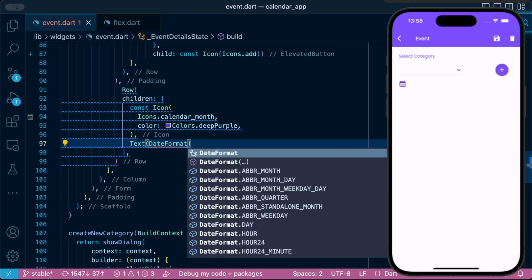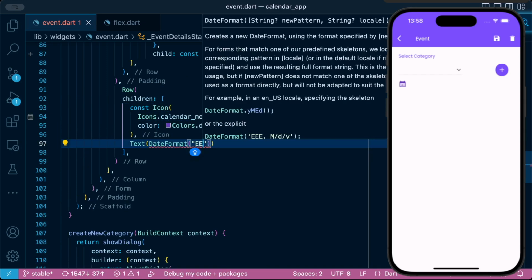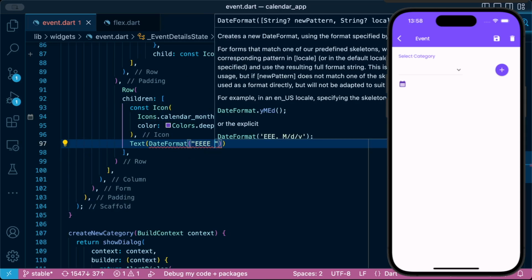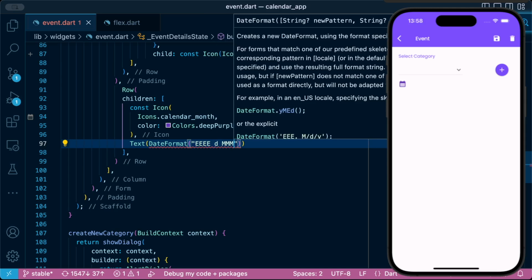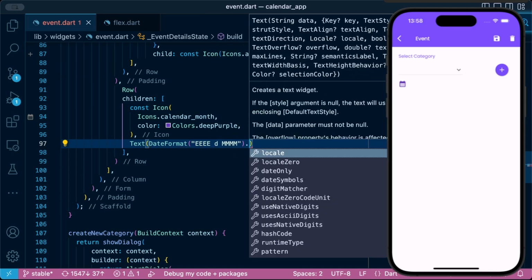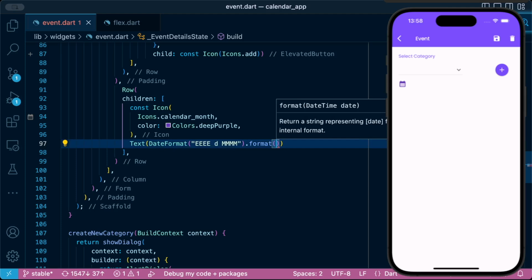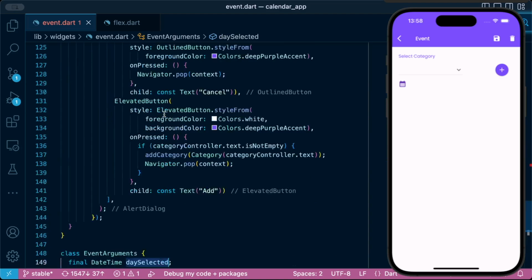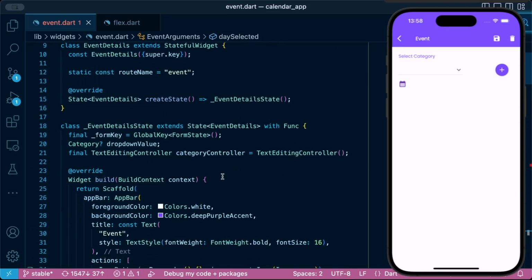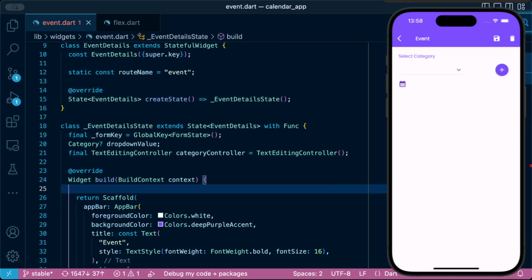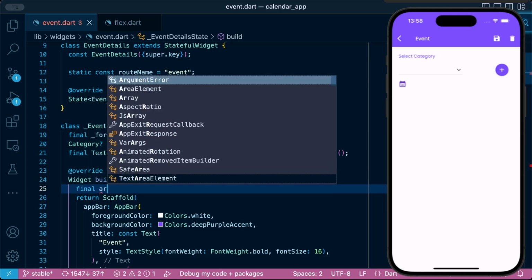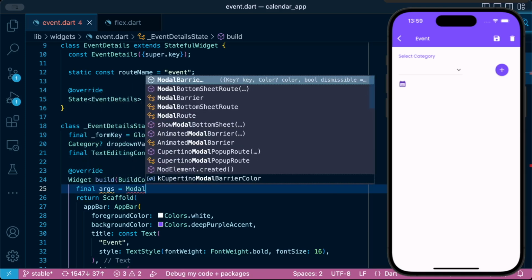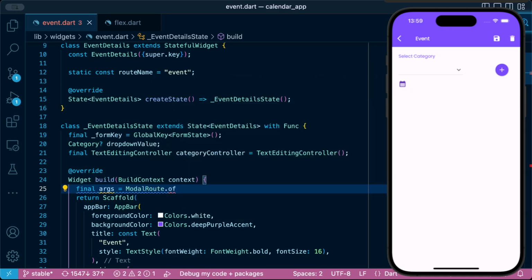Let's design how we want the date to be displayed, more readable for the user in this case, because you're just displaying it and it's easier for them to confirm whether that's the date that they actually wanted to pick. So remember, we expect our props to be passed here, so let's handle it over here. We hadn't specified or gotten the arguments that are being passed to this route. So let's get it from here, is equal to ModalRoute.of(context)